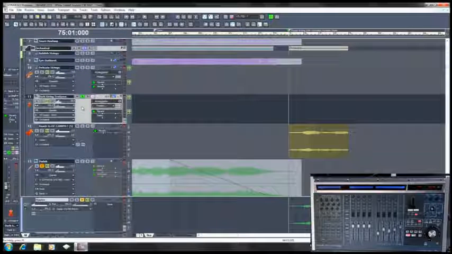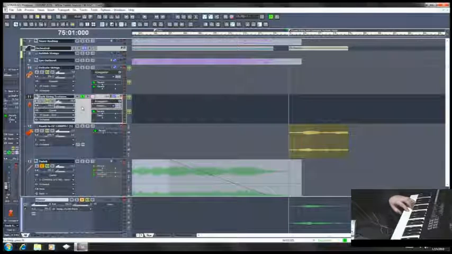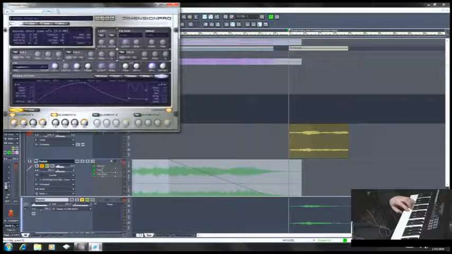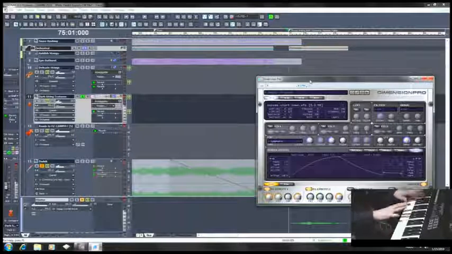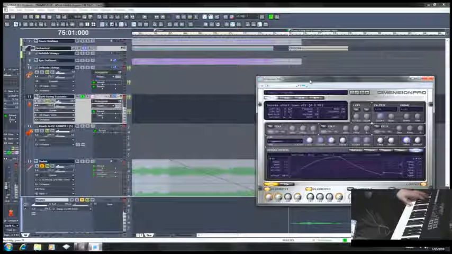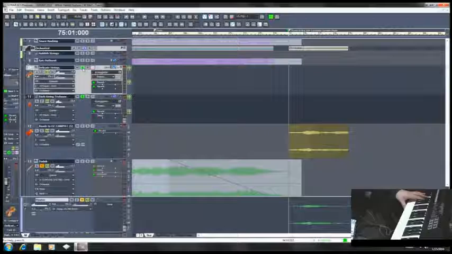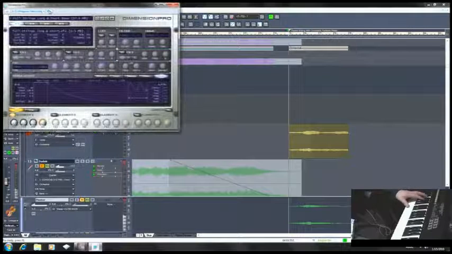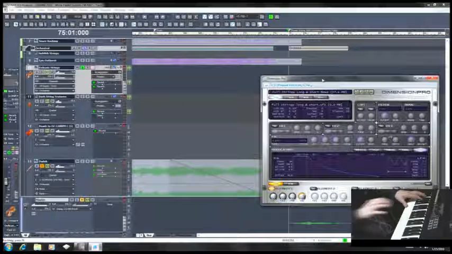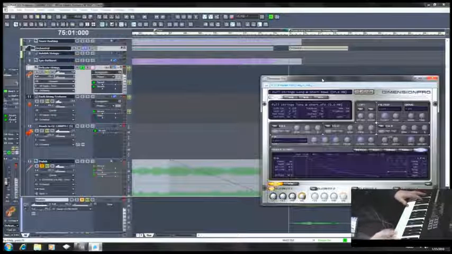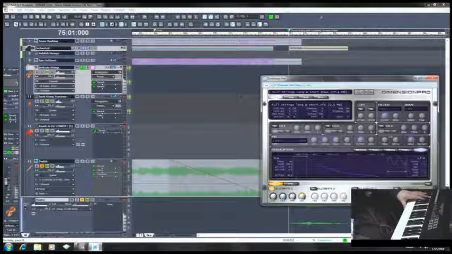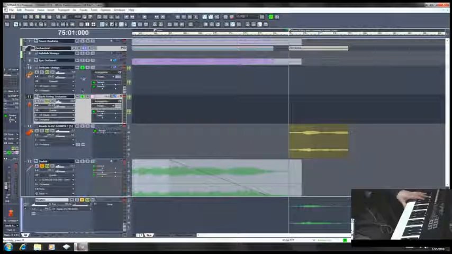So on this synth, I call it dark string texture. I just wanted something sparkly and shiny at the top. And this is just from, if you double click here, something in Dimension Pro. All right, and this particular one, I've got sort of a darker one also from Dimension Pro. But this one I wanted a fuller sounding string. So that's that one. And together,